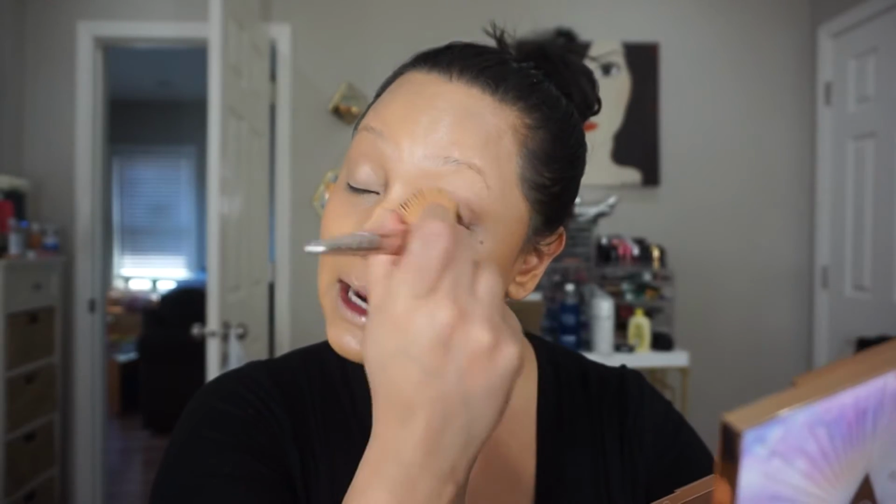I took a little bit of the 5 under my eye because since it does have that orangey undertone, it's going to help counteract the darkness. Much better. Okay. I'm going to go in with some concealer, and I'm going to take my Sephora concealer in,